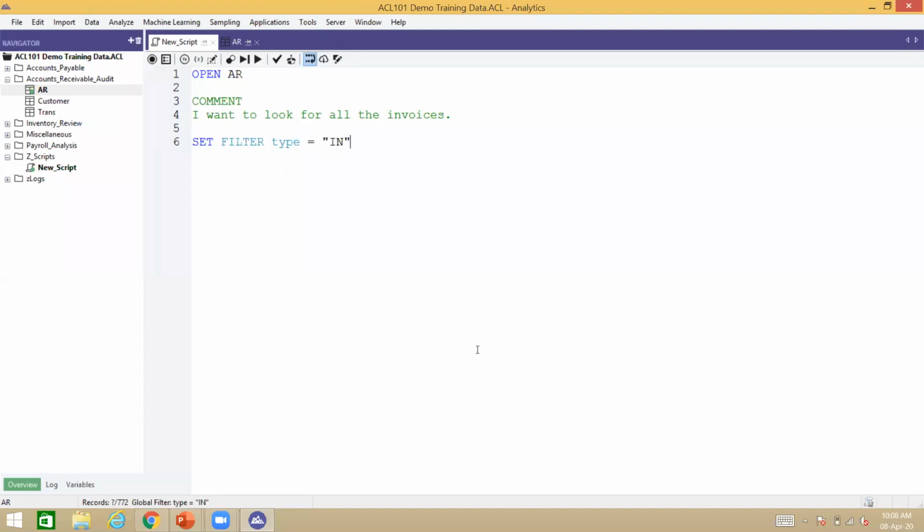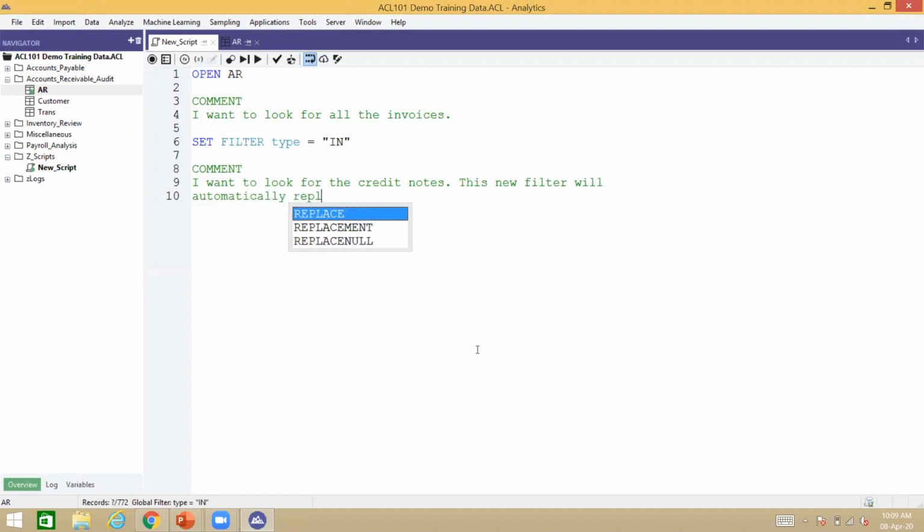Now, I decide I want to do another filter. I want to look for credit notes, let's say. Let me make a comment to myself quickly. I want to look for the credit notes. Okay. And I'll also make a note to myself, if I'm going to find these notes useful when learning scripting, that says something like this. This new filter will automatically